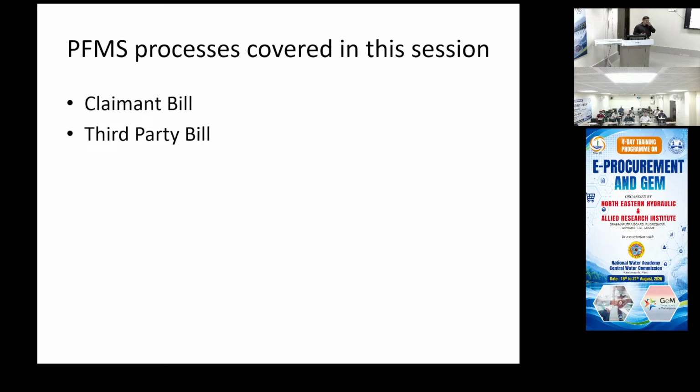So if the bill is to be generated for someone, some outside vendor who has given something, and you want to make a payment, then directly the maker will be generating the bill. It will not be coming from the claimant. So that is a slightly different role, different process. GEM bills, you process it through GEM. Once you raise the bill from GEM, it will come to PFMS, and then the payment will be made through PFMS, and we will see the EIS module also.